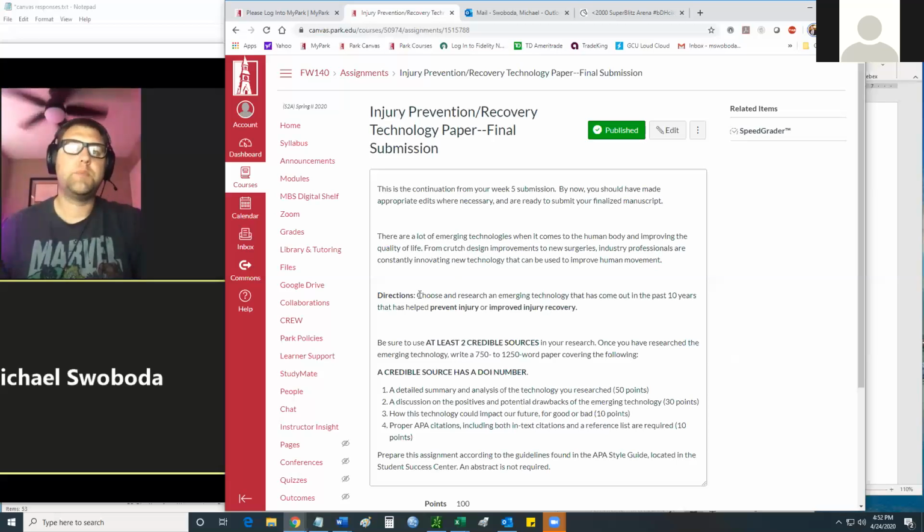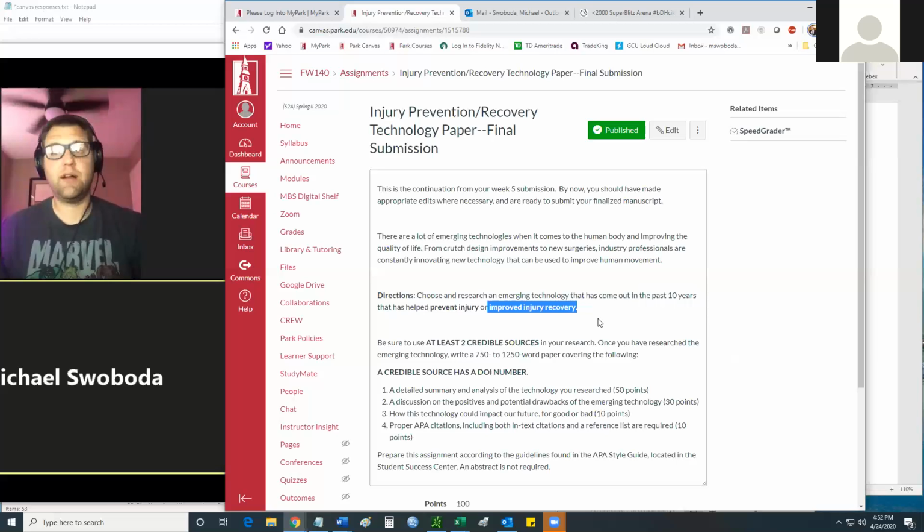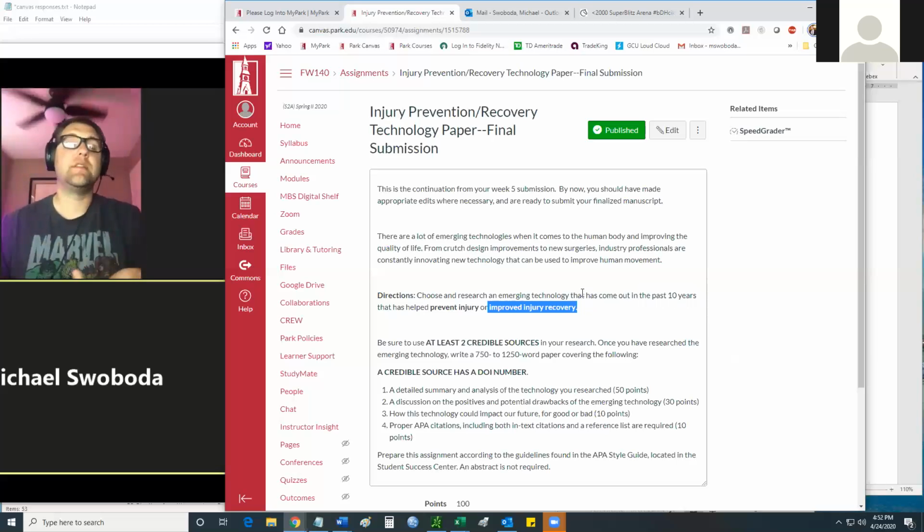You're supposed to choose a technology that has come out in the last 10 years that either has helped to prevent injury or improved injury recovery. Like I said before, this means the only thing you're supposed to talk about relative to your technology is how it impacts injury, specifically athletic injury, because this class is concepts in sports injuries.